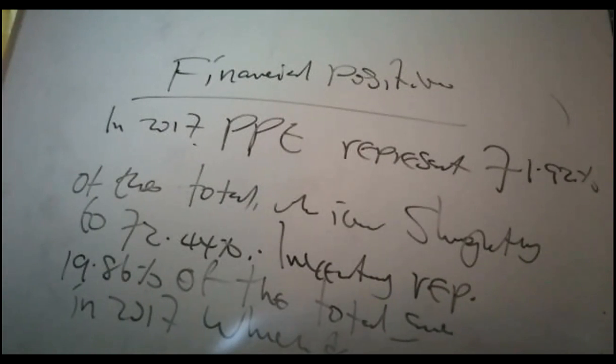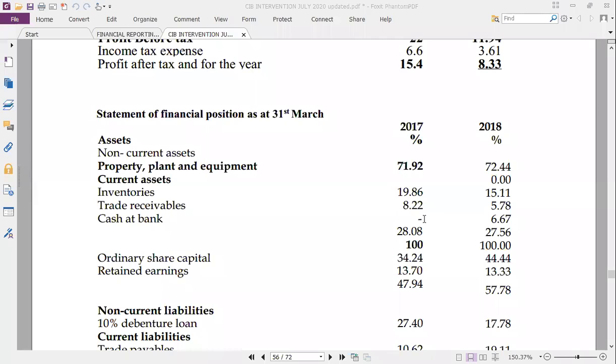Good. Which decreased to 15.11%, which contributed to an inflow of cash, or which resulted in the inflow of cash,